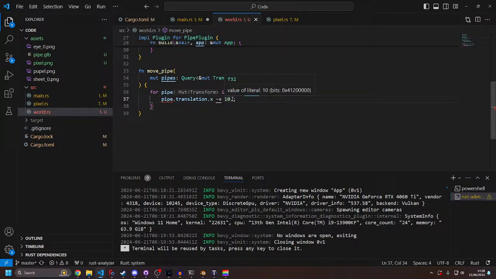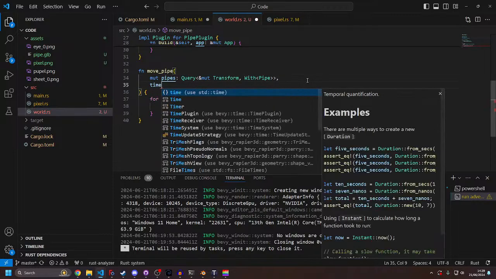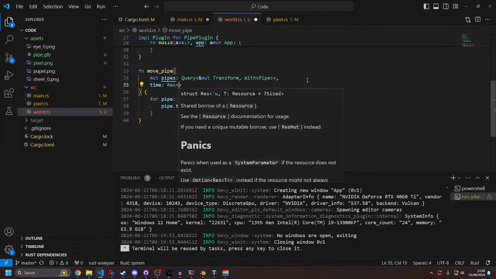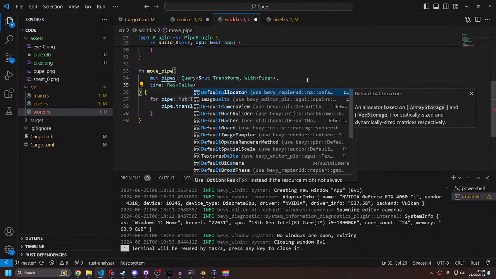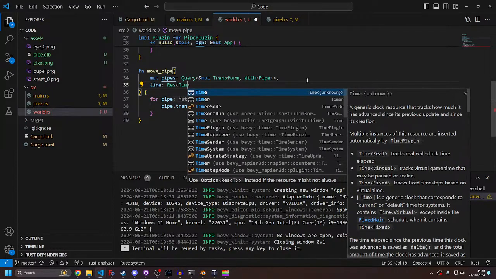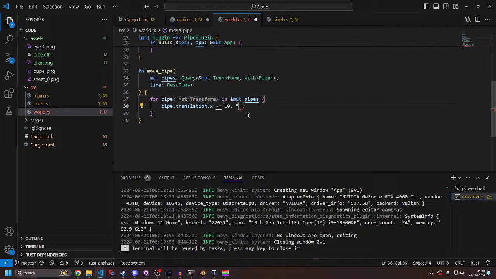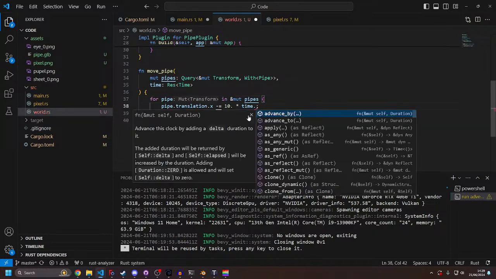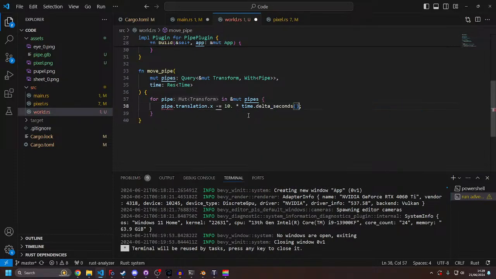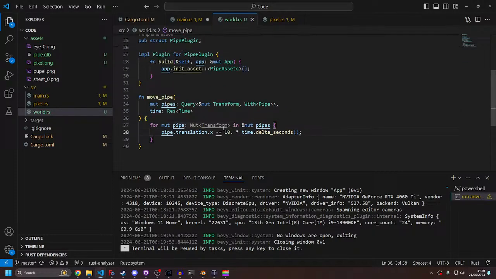It's 10 per frame, so times time. It's just time. Oh, brain's not working at the moment. But delta seconds. Okay, immutable mute. Okay. So then we need